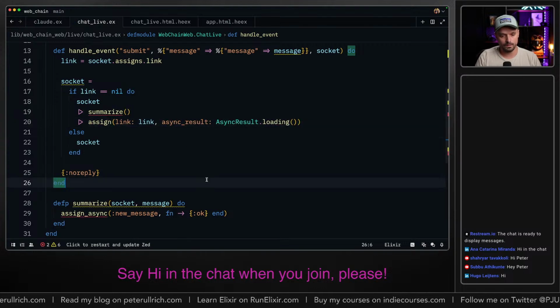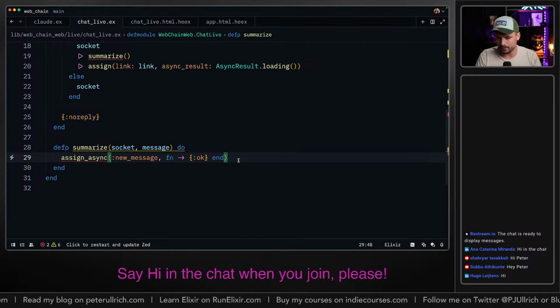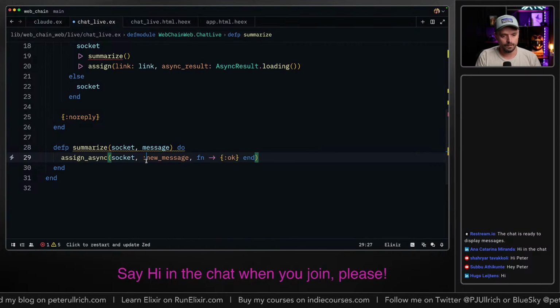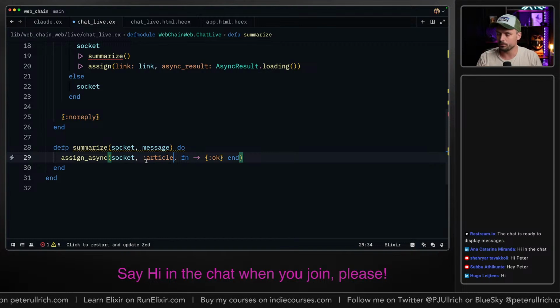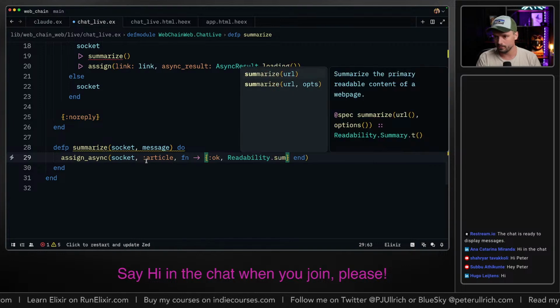All right. So yeah, first thing first is we need to fetch our article. So I'm gonna make this an async assign, and then article. That's gonna be our assign, and that's gonna be our callback when it's finished. And we're just gonna use readability, summarize.